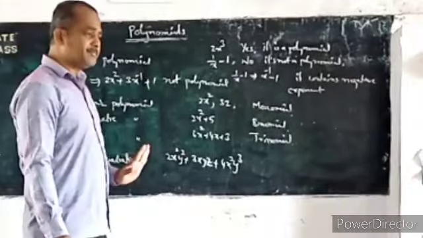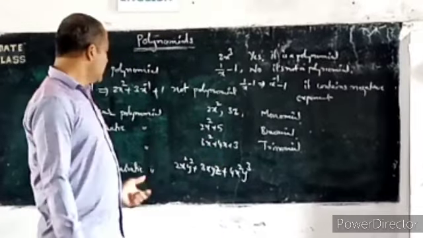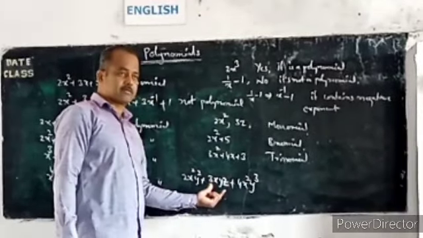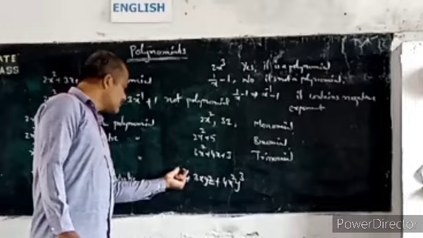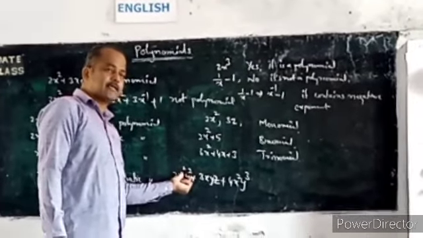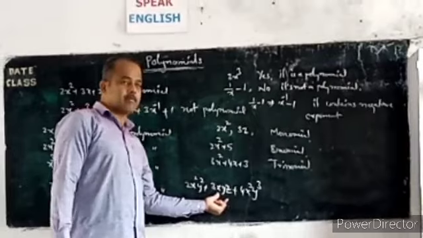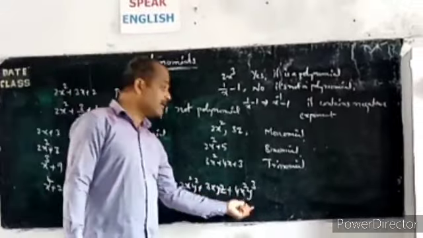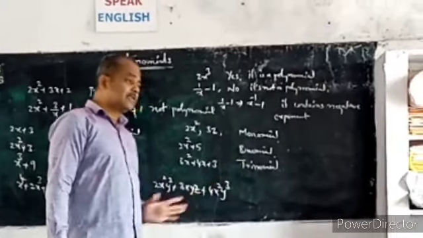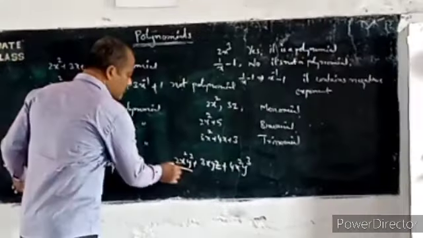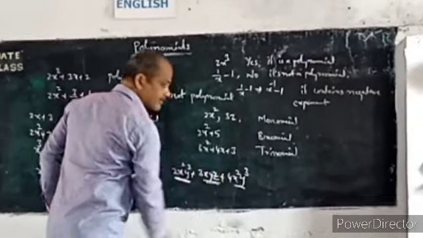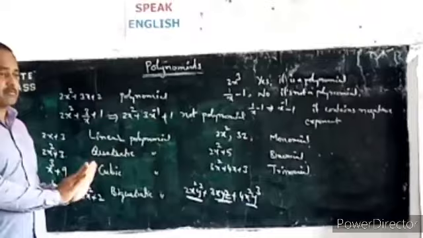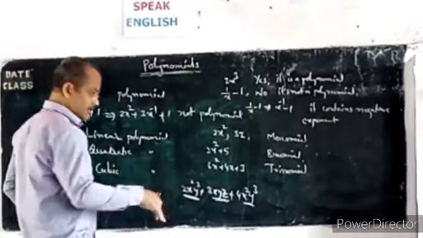Here, what is the degree? Which is the highest exponent? Plus and minus are called connectives. Now here, x square and y square, both variables have exponent 2. Here, 3 variables have exponents 1, 1, 1. Next here, 2 and 3. We just have to add all the exponents of the given variables in each term and simplify.